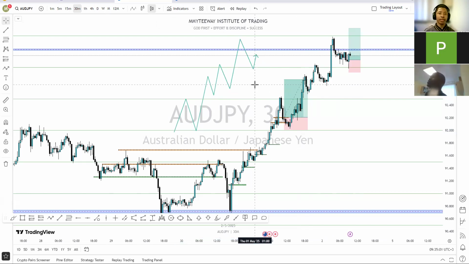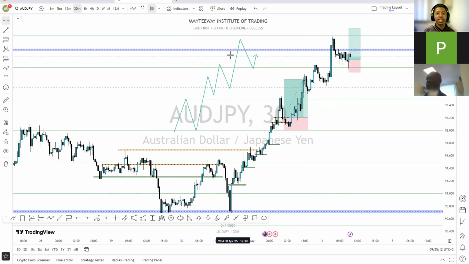We are continuously making higher highs and higher lows. This low is higher than this low. This high is higher than this high, than this high. And if I draw just a small square right around here, we can see that we have a